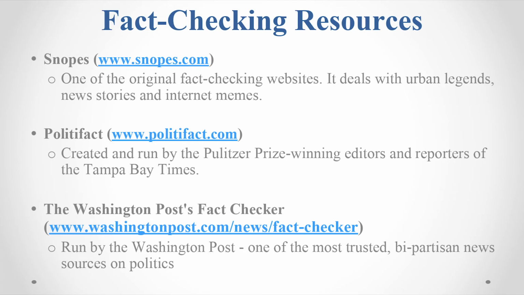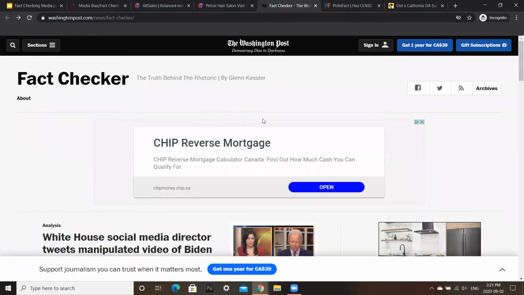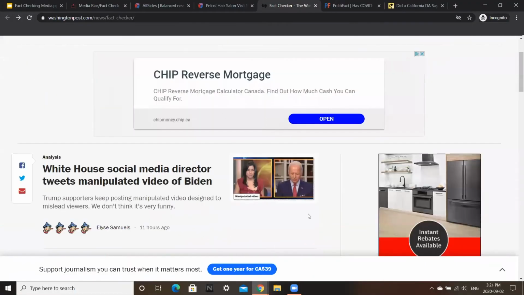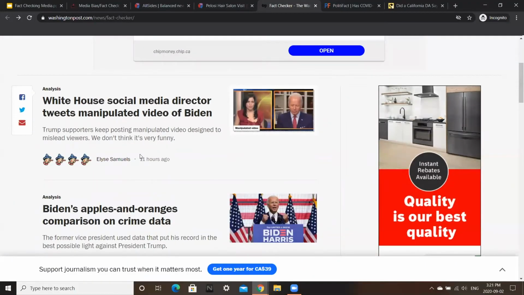And finally, we have the Washington Post. The Washington Post has a fact checker, and it's quite reliable. In fact, it's one of the most reliable. If you go into the Washington Post fact checker, you can see many different articles and things that have been posted. So if I click on the first one,